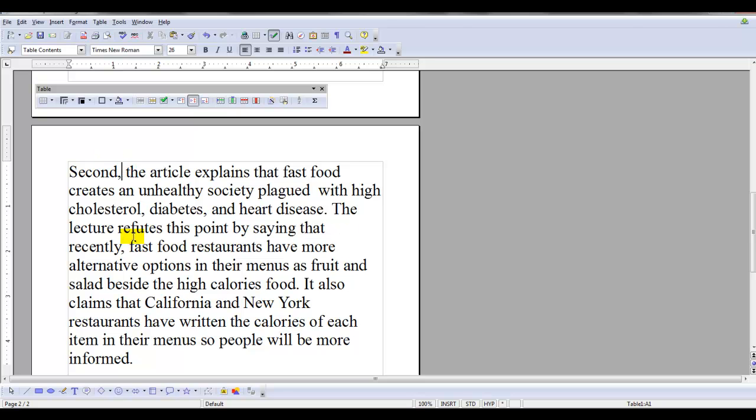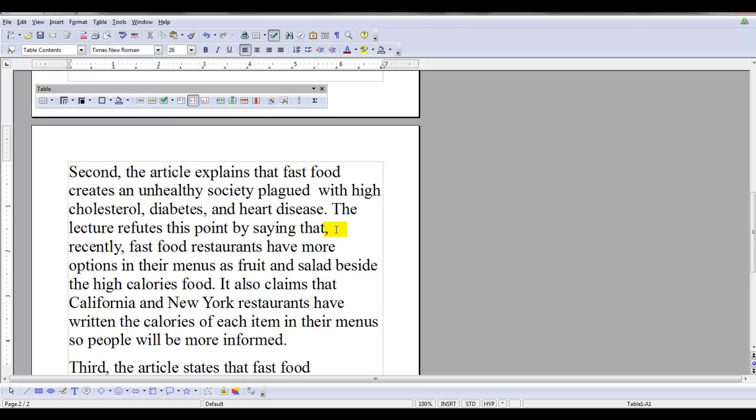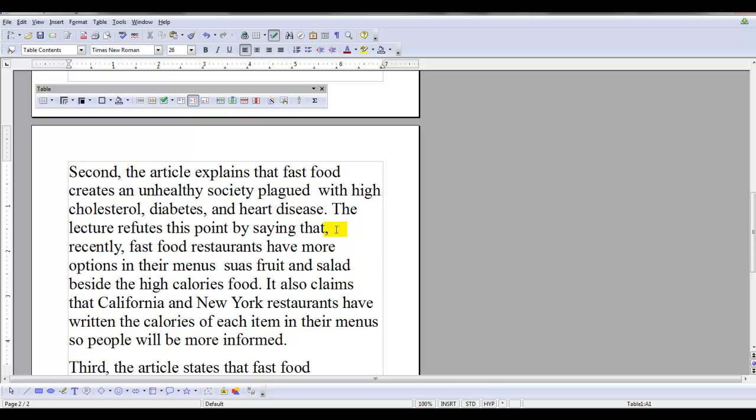So the lecture refutes this point by saying that recently, if you put a comma here, you probably need to put one here too, that recently fast food restaurants have more alternatives. I'm going to just say alternatives and options are kind of the same thing, right? So I'm going to say it's redundant. So fast food restaurants have more options in their menus, such as fruit and salad,